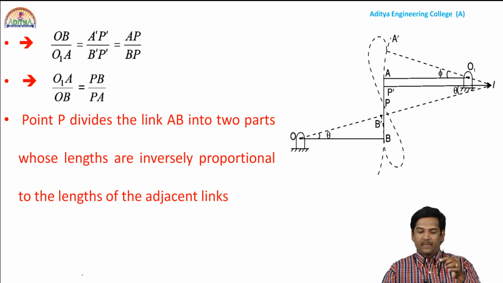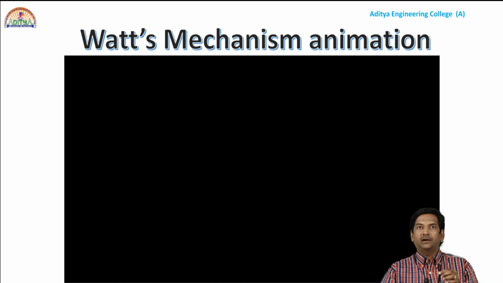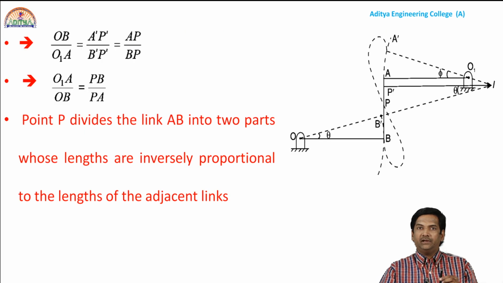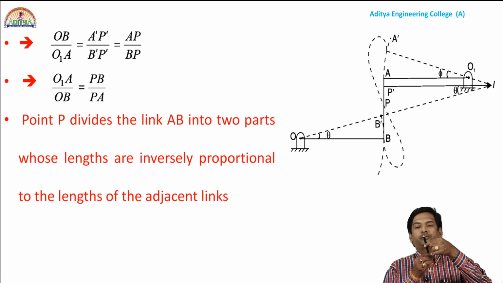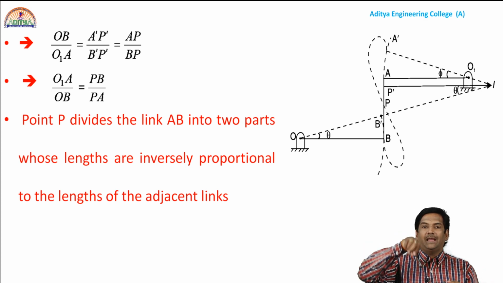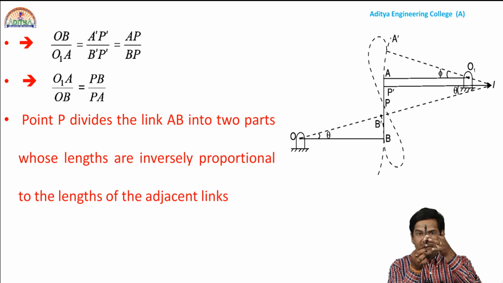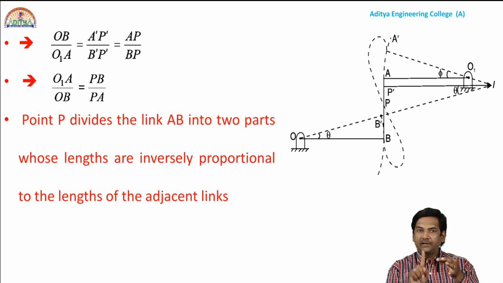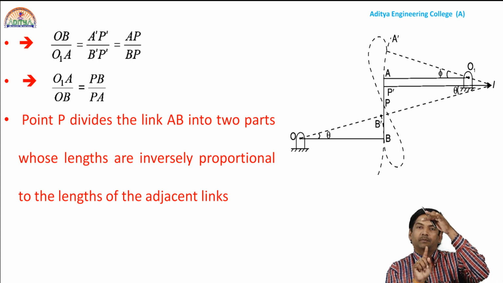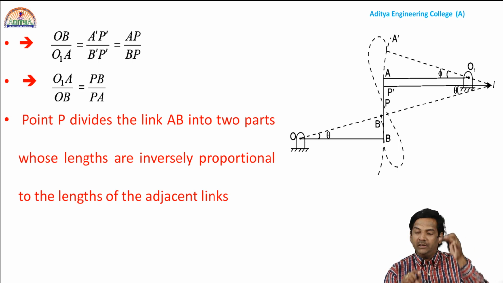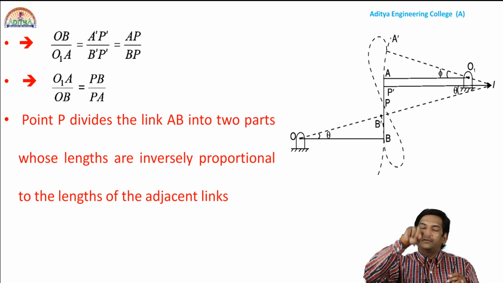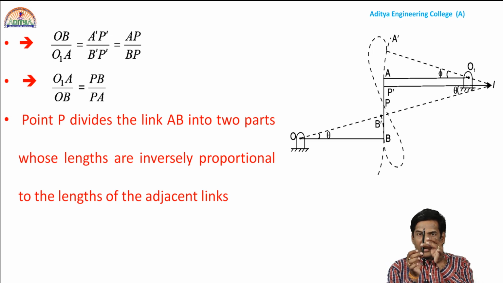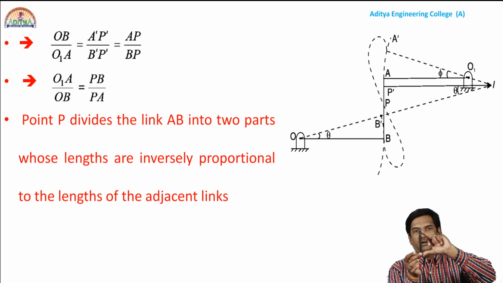So this is the inverse proportion, and now we take the movement of this point P, which will be in the form of a figure 8. In the 8, the vertical portion is an approximately straight line. So it will be like this. In this vertical portion, where the movement is from top to bottom over a small range, the path is an approximate straight line. It does not mean that the whole movement is a straight line, only some part of it is approximately straight.